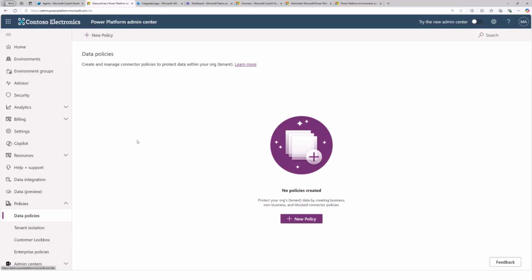And what you can do is you can classify each of those data sources and put them in one of three buckets, right? And you will see it right now. The first bucket is whether a data source is used for business purpose. The second one is whether you want to allow it, but it's not for business. And the third one is data sources that you don't want anybody to use, so you can block them, right? So that's how you can classify those policies.